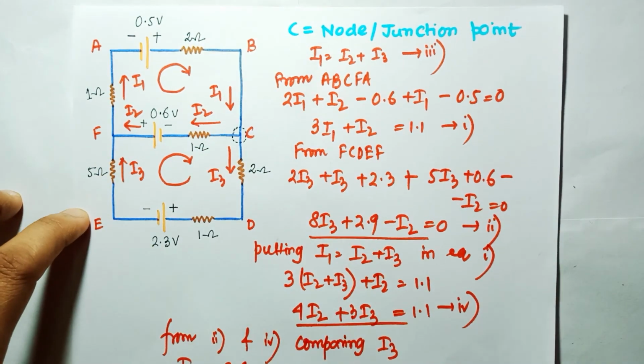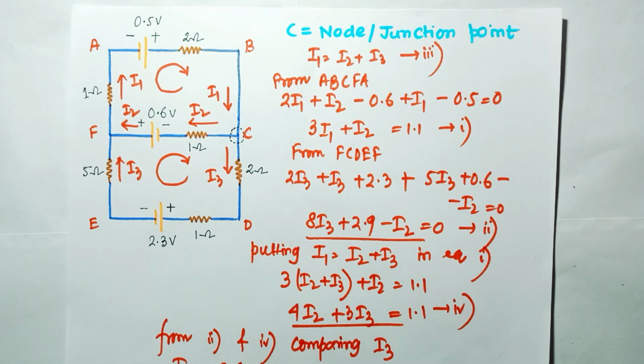So you have seen how I have calculated the required current along with its specific direction using both KCL and KVL. Every time you need to be fixed in one direction and traverse around that direction in the loop or the maze. Whenever you see the negative terminal of the battery, there will be a negative sign. And if you specify the current in one direction and while traversing you see the direction of traverse is opposite to the direction at which you specified the current, the minus sign will come in the calculation.